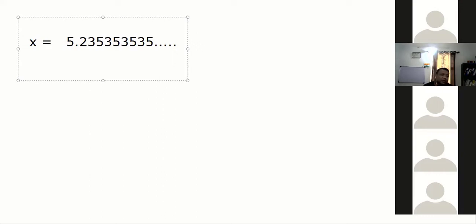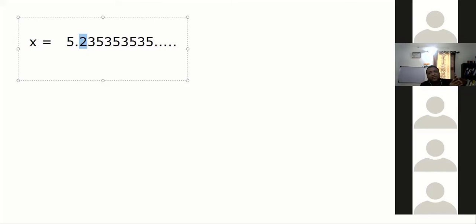Understand the concept. What is the problem here? What is the pattern? The pattern is 3 5 3 5 3 5, right? We need the proper pattern. 3 5 3 5 is repeating. 2 is the extra. 2 is the problematic thing, right? Understand why it works and why it doesn't work. 2 is a problem because after 2, 3 5 3 5 is a pattern, but 2 is extra.